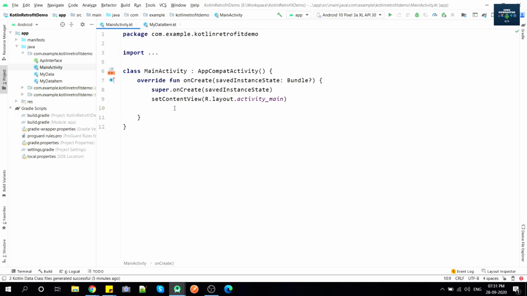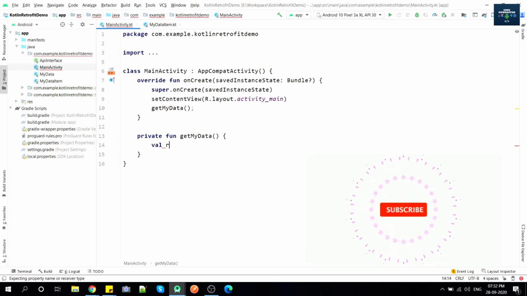Let's create one method named get my data. Press Alt Enter and you can create that function easily. Now in this function we need to make a retrofit builder object. So let's make that.